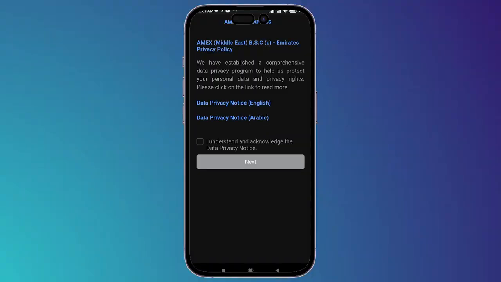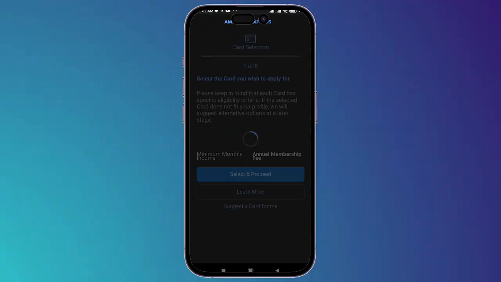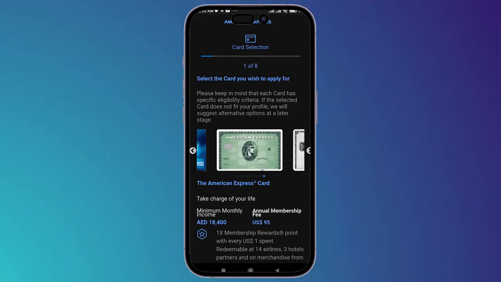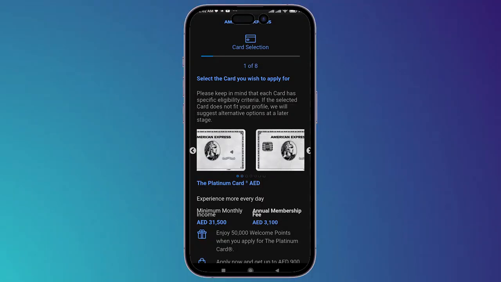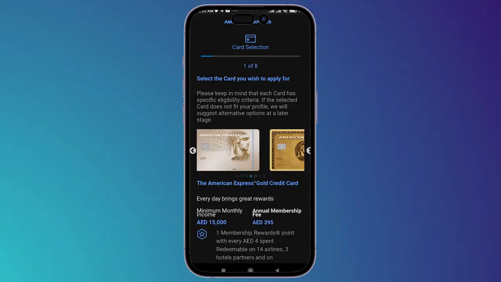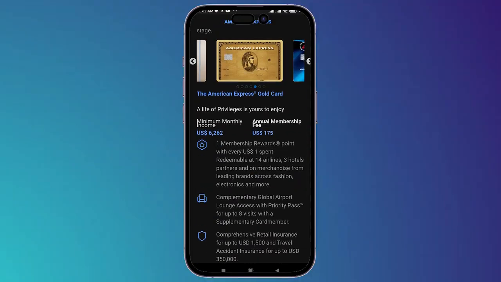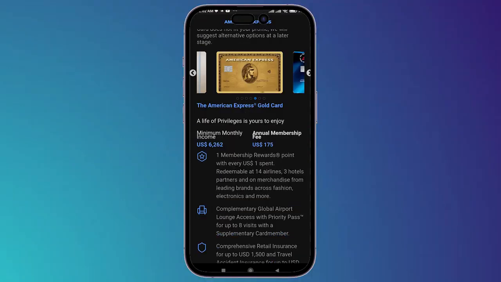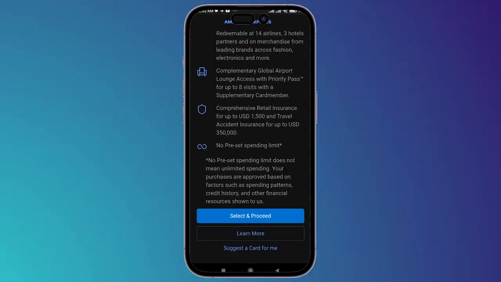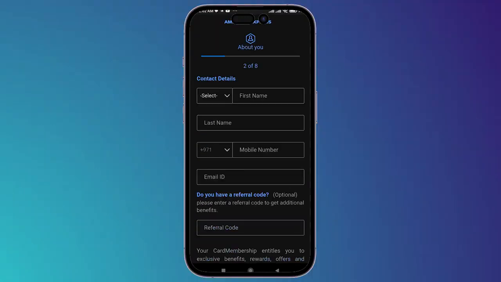Then click on let's start, and after that you can simply click on I understand and acknowledge the data privacy notice. Then click on next, and now it will show you the different options of American Express virtual cards. You can choose whatever one that you want, and down below right here you will find more details about the card. You can simply choose whatever card you want, then click on select and proceed,